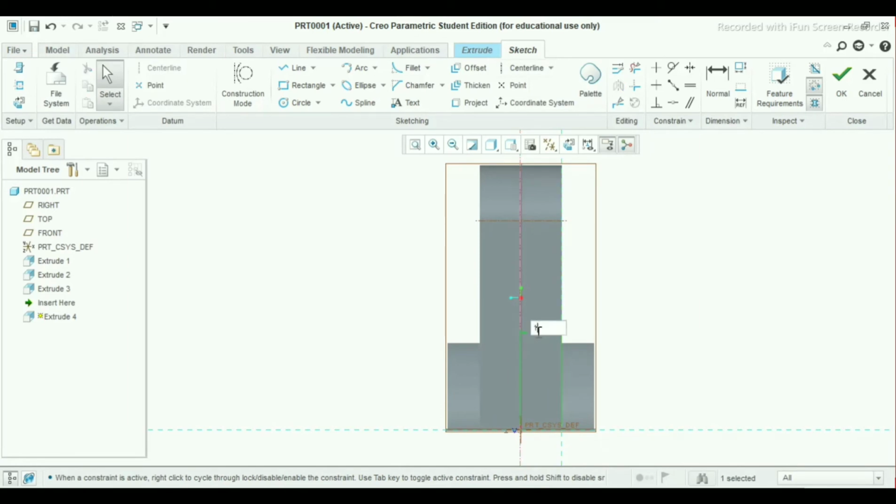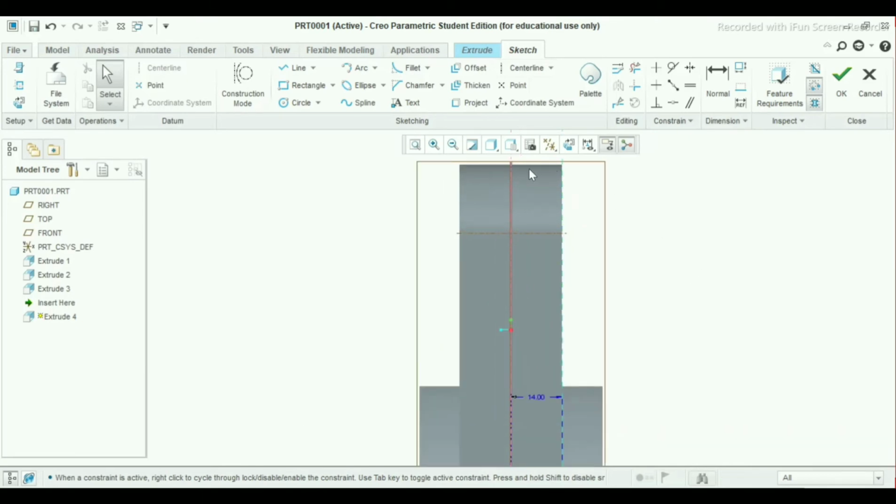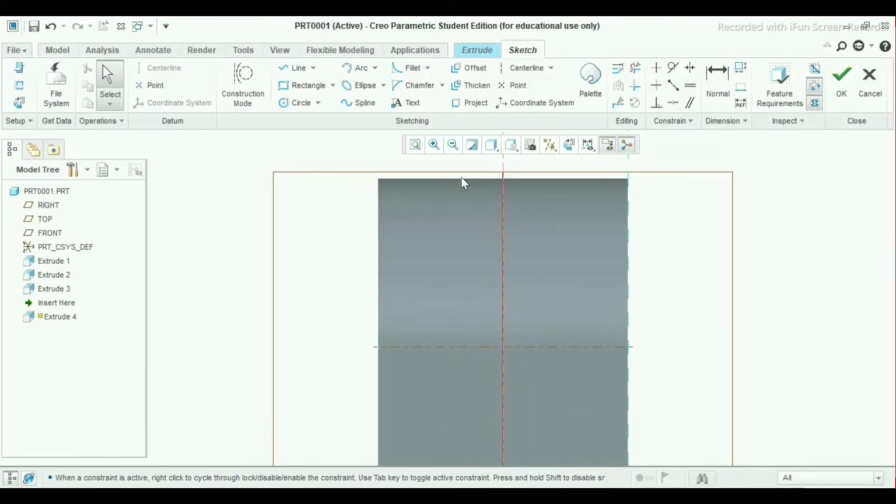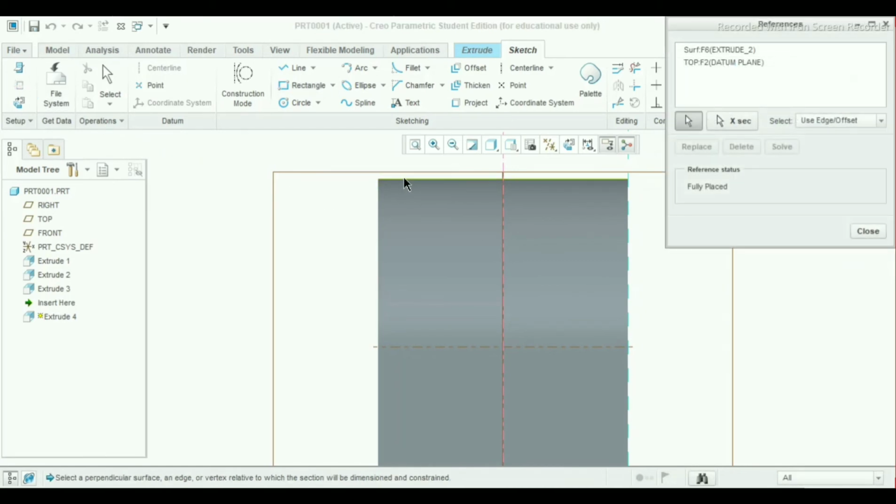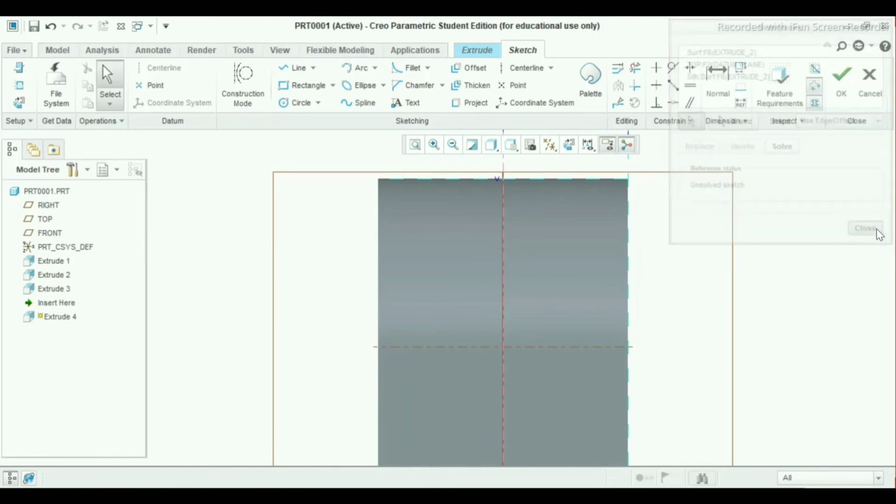Make here 14 mm dimension. Now choose corner rectangle, but first select references, this arc, this edge, sorry.